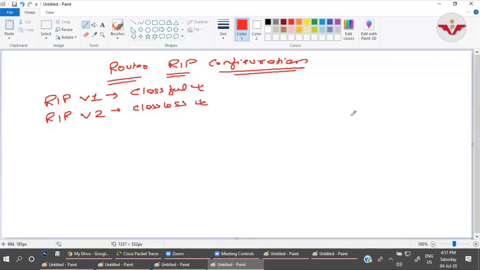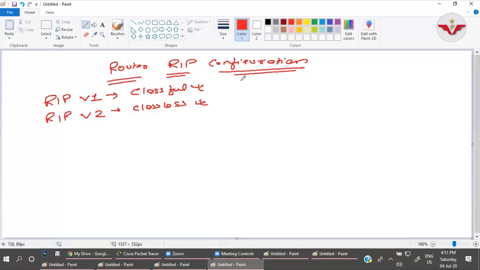Okay, right. Now, no confusion here, classless and classful. Now, let us come to the configuration part. RIPv1 is obsolete. It's not used anymore, but there is still only one command difference.